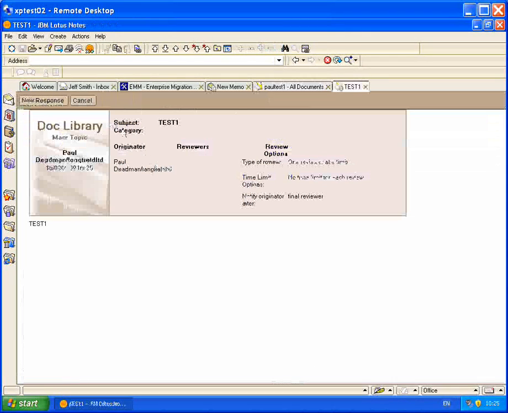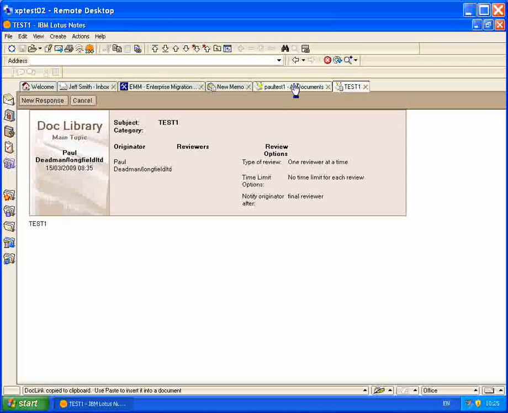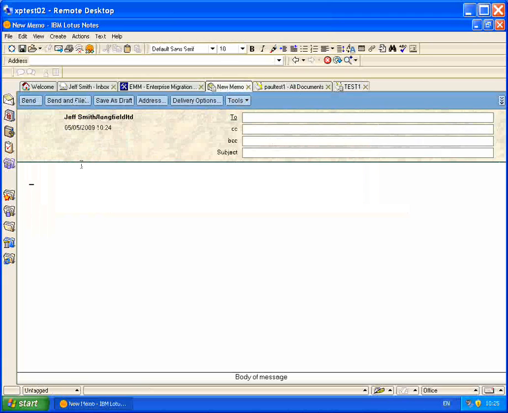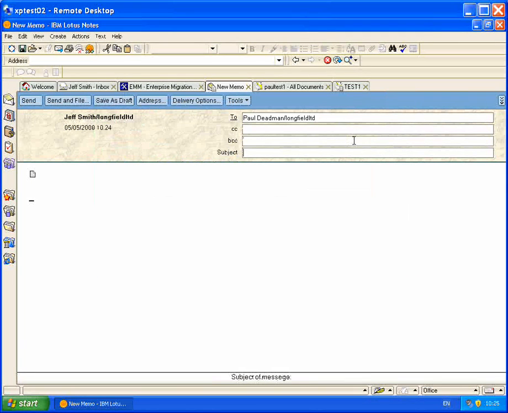So we'll start off by creating a document link. We're copying one in, and then we'll Control V to paste it into our email. We'll send this to a well-known user, and we know that this link is in SharePoint, so it should open in SharePoint. We'll send that,